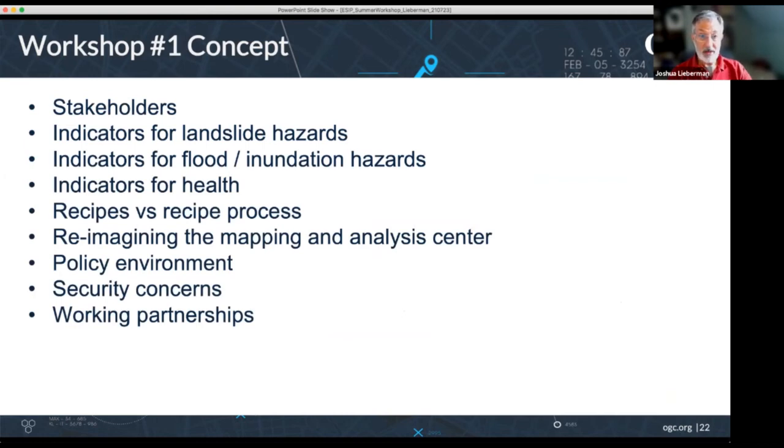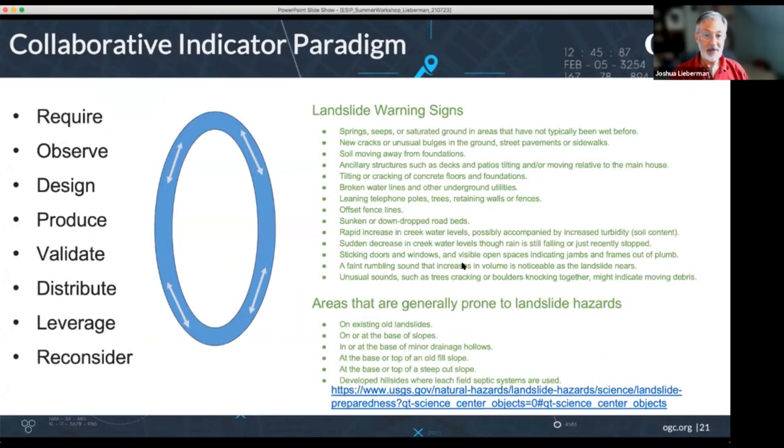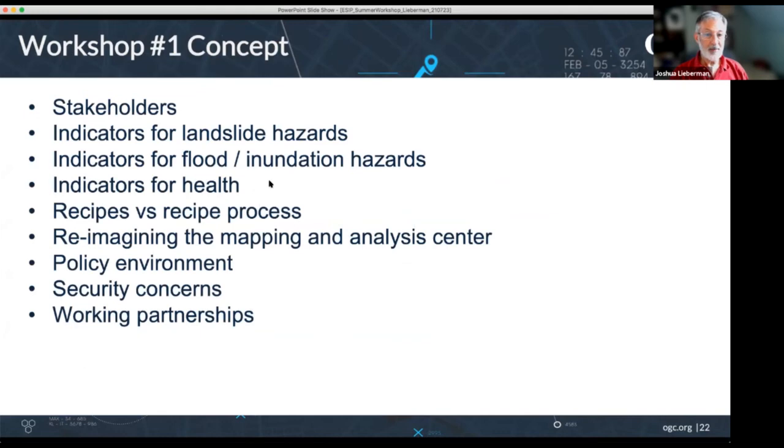One is this workshop that we had about indicators last week, and the other is how we're involving as many of those stakeholders as we can, to actually see that this collaboration between the data providers, analyzers, and practitioners is actually happening, is actually reflected in the indicators that are being produced. So this workshop, we tried to gather as many stakeholders of various roles as we could and looked at